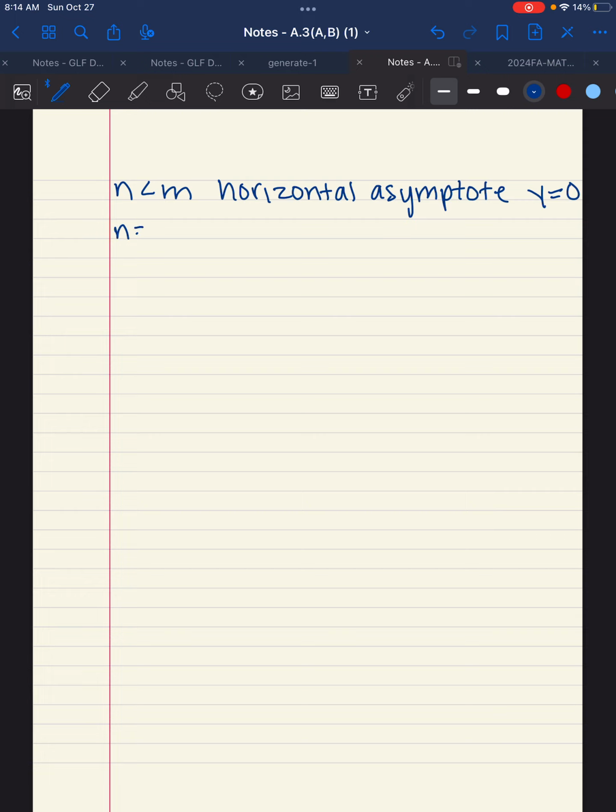If n equals m, the horizontal asymptote is going to be y equals the leading coefficient